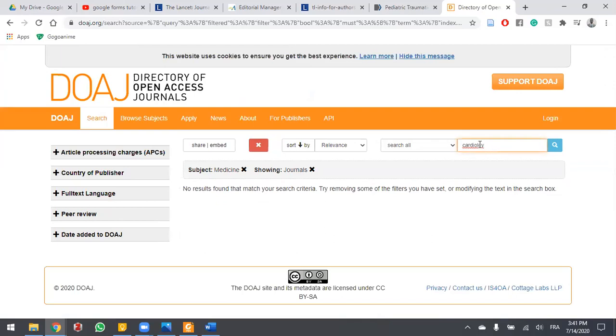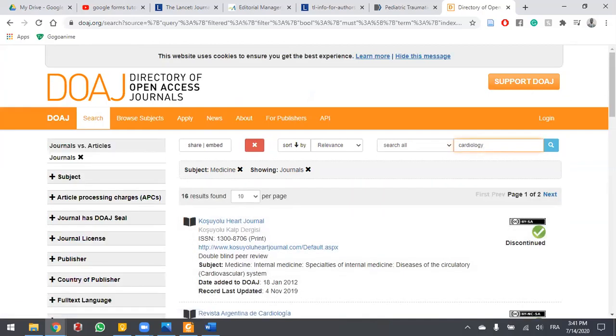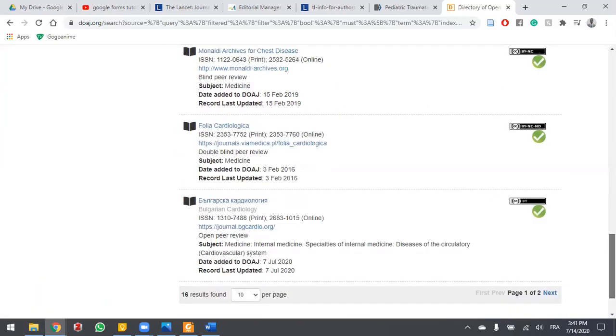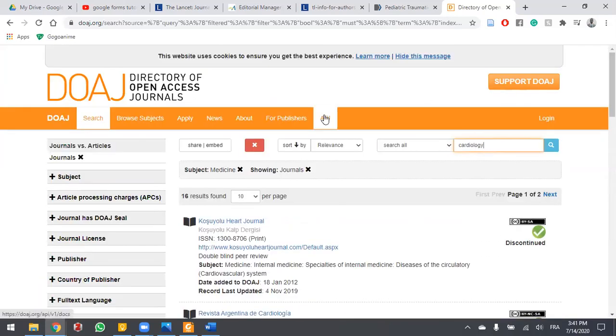Cardiology, for example, we see that there's a lot more, 16 of them, and so on and so forth. So this is one way to find them.